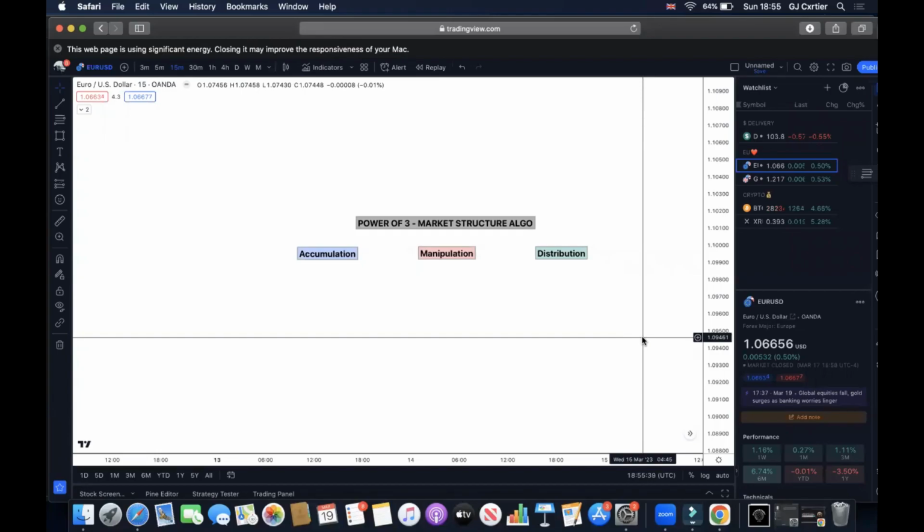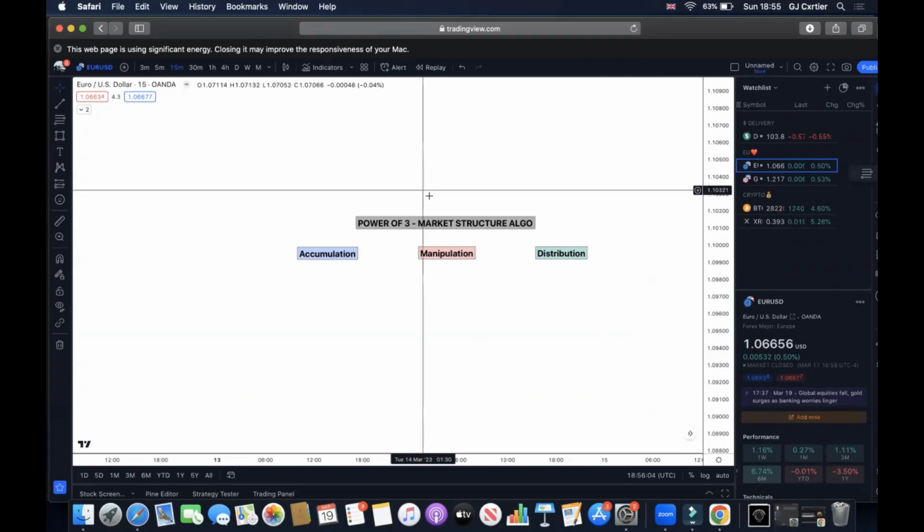So in today's lesson, we are going to be discussing market structure in a more detailed way and give you examples of the power of three within the market. The first market structure lesson was all just simplified, giving you an idea of what market structure is. Now we're going to understand the reasoning behind market structure and how we can use it when trading